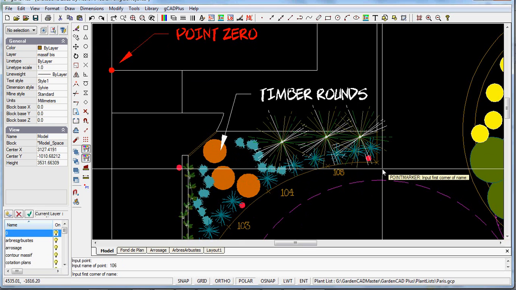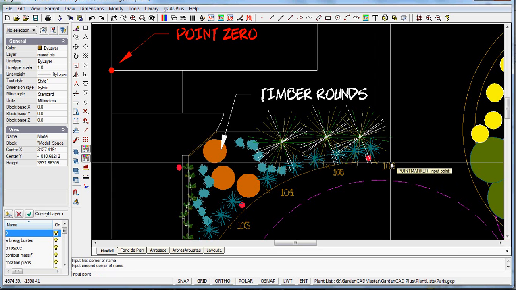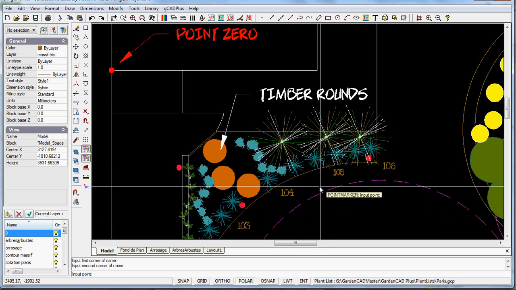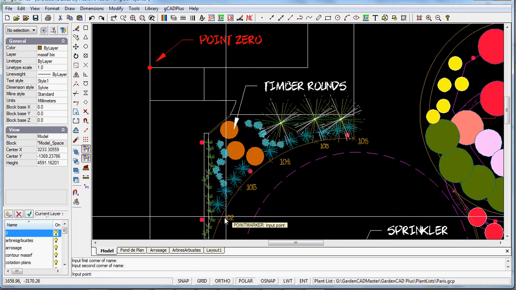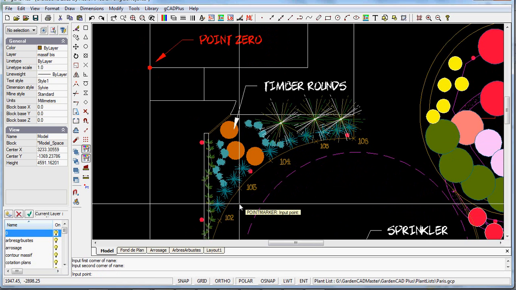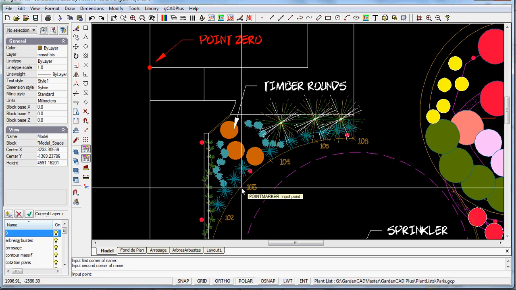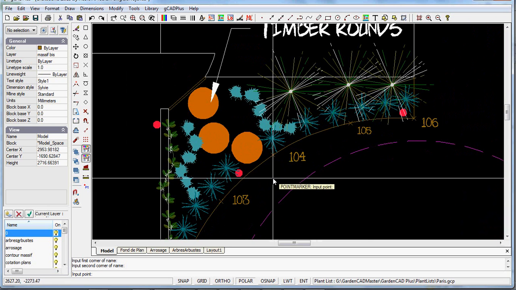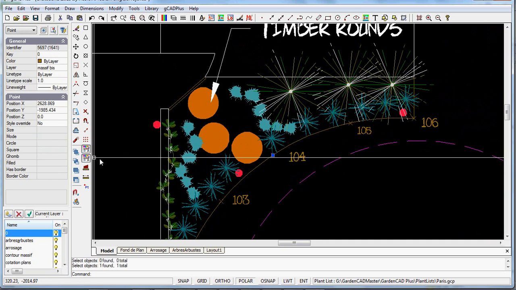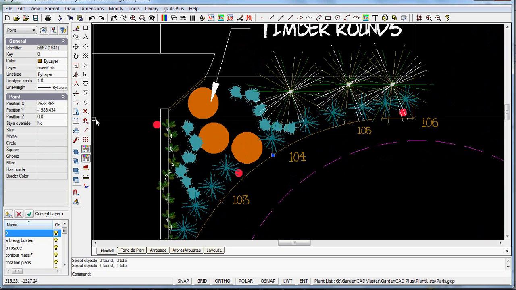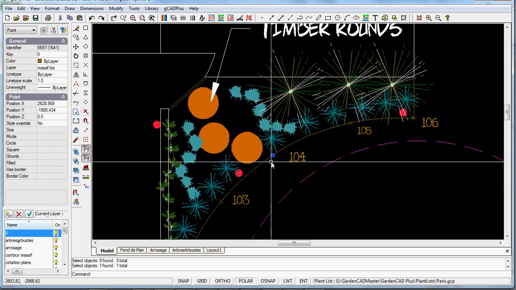So it's drawn with whatever is the current text style on whatever is the current layer. So we now, if we zoom out a little, we now have a series of point markers running all the way around that curve. So the curve can be quite complex, but you've provided a system whereby your construction team can easily place those points. If you click on to finish the command and click onto any one of those points, you can see that its position in the X is 2.628 meters in the X and down 1.98 meters,